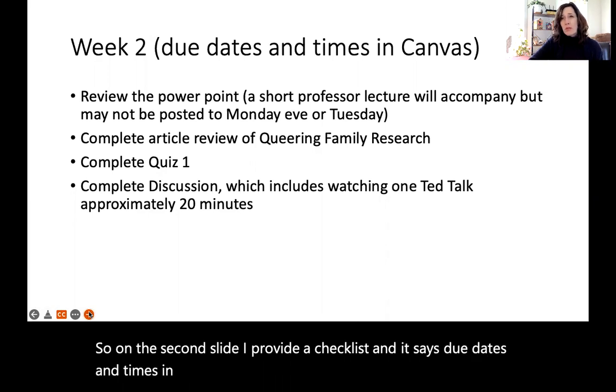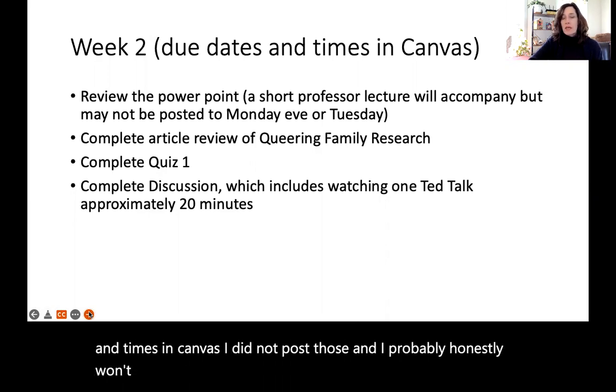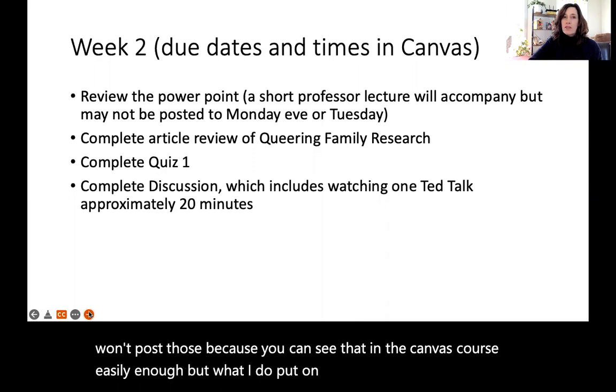So on the second slide, I provide a checklist and it says due dates and times in Canvas. I did not post those, and I probably honestly won't post those because you can see that in the Canvas course easily enough. But what I do put on here is, again, the checklist for the week. So for week two,